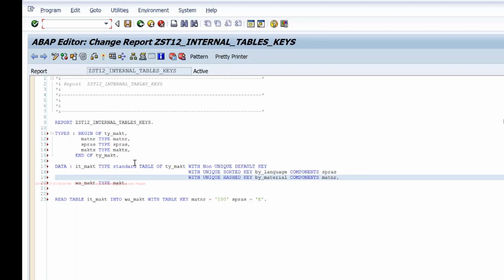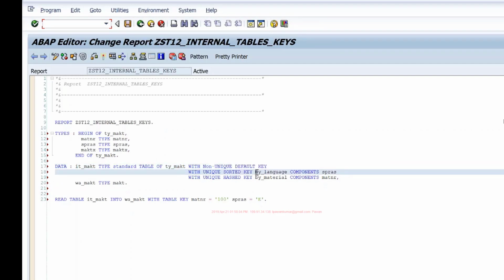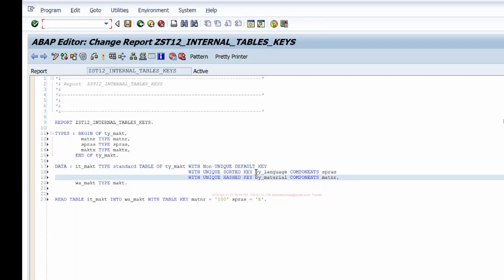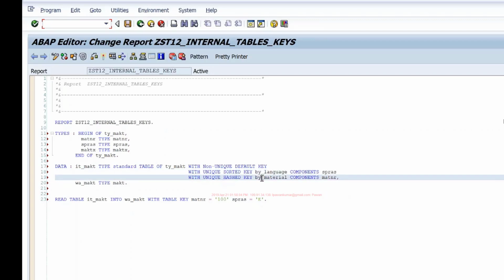So I'm using a standard table which by default performs a linear search, and all the fields of the table will be part of the key by default. But I'm expanding that table to use a couple of secondary keys. One is by language and the other is by material. For by language, I'm defining a key based on the SPRAS field, and for the by material secondary key, I'm defining the key based on MATNAR.